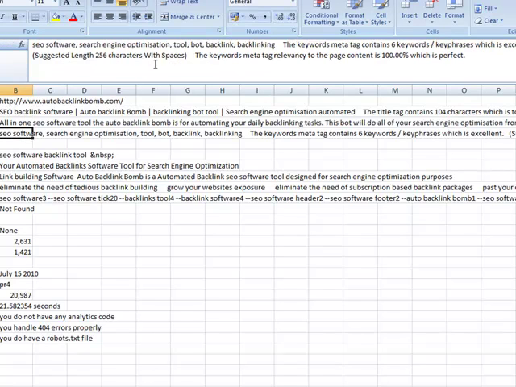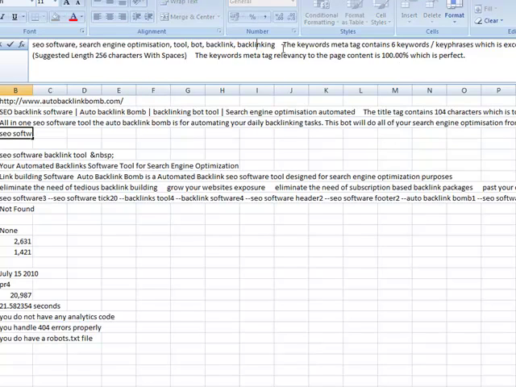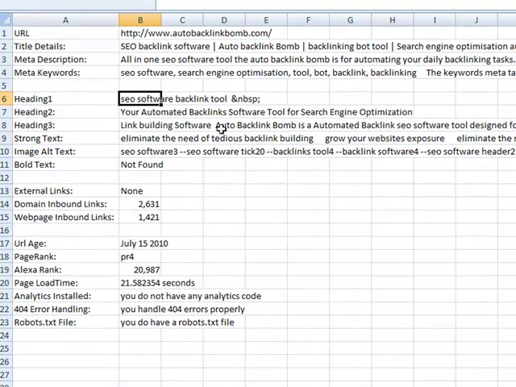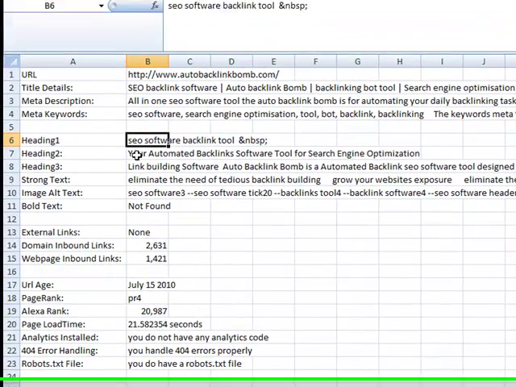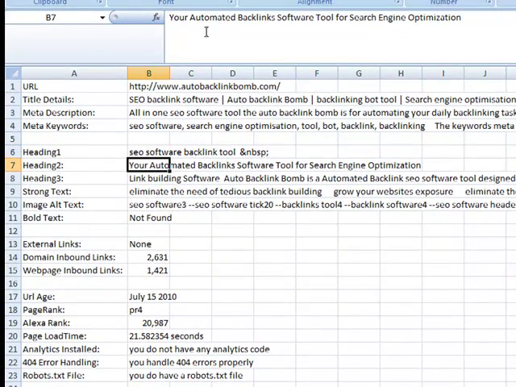And then you got your meta keywords as well, which also gives you details, telling you what your keywords are, and the keywords meta tag contains 6 keywords phrases, which is excellent. Suggested length is 256 characters with spaces, so you are going to get suggestions here as well, guys. And then obviously you got your heading 1s, which you can actually have a look at and find out exactly what your headings are, and then obviously if for example you're doing an analysis for some, I mean, auto backlink